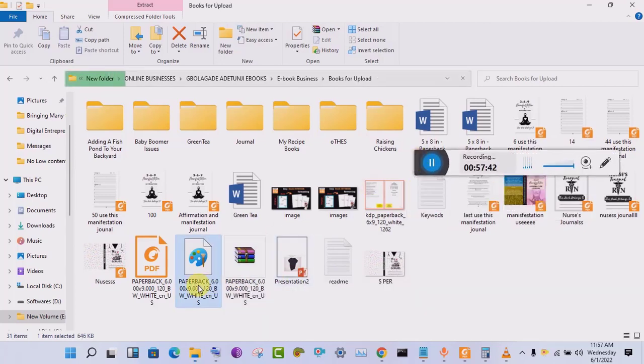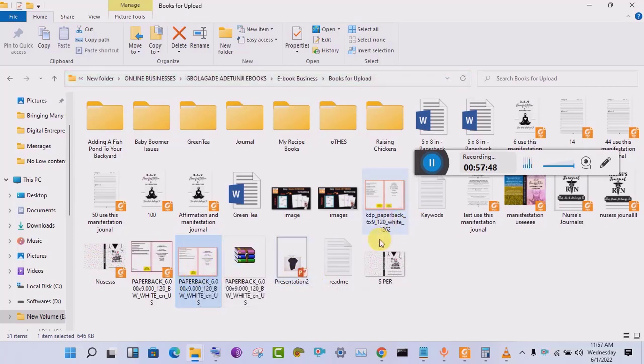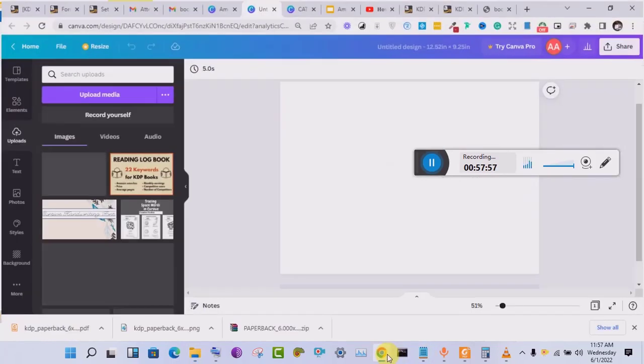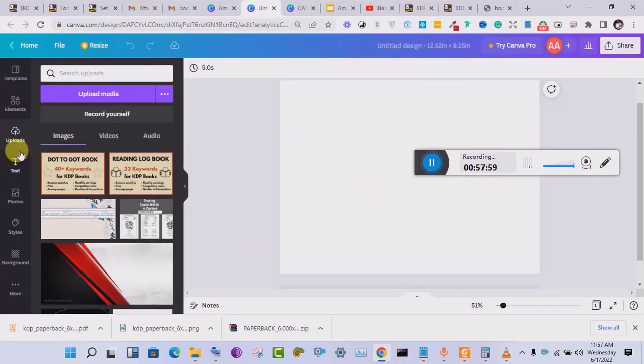Once it has extracted, all you need to do is go over to Canva. I'm going to upload these files, either this one or this. This one we downloaded from Bookow. So click on upload, upload media,